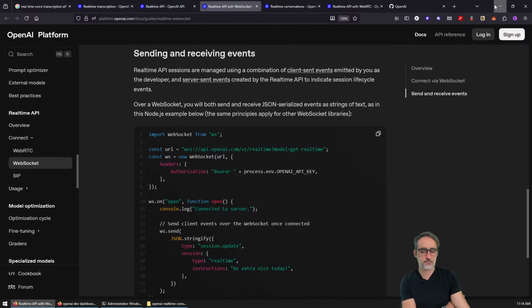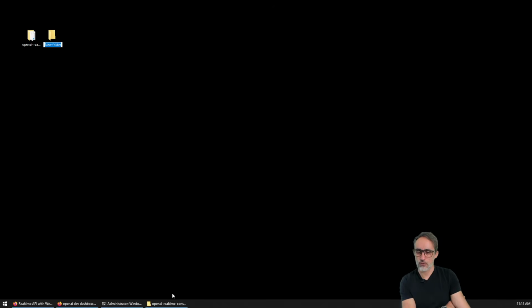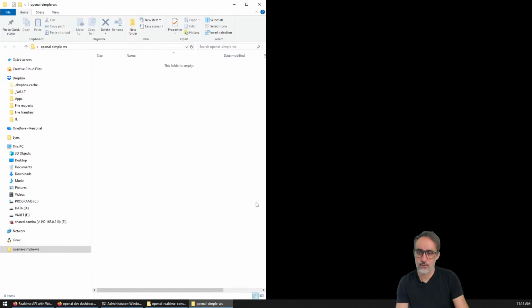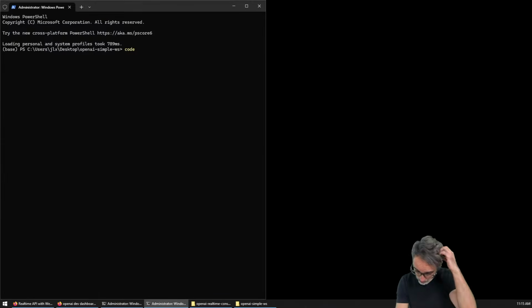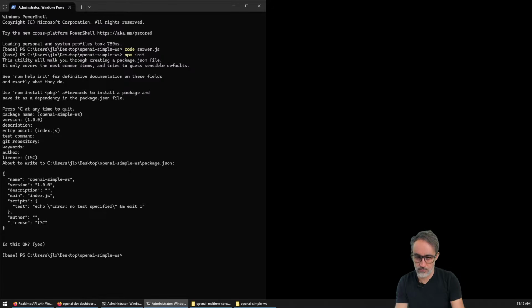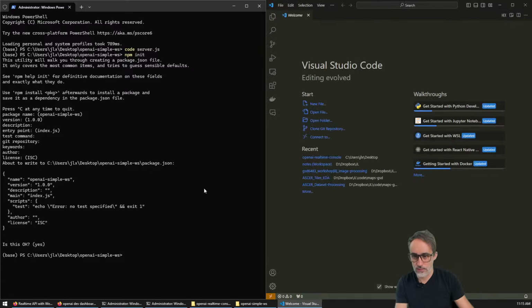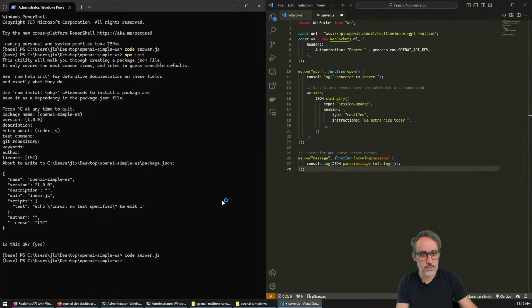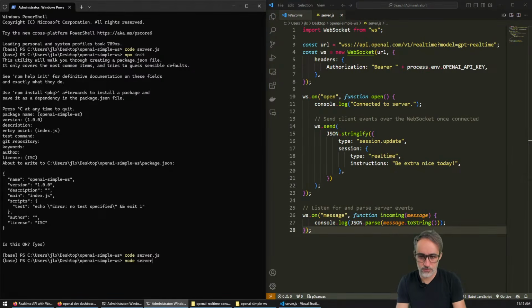So let's try this. I'm going to open a new folder, and it's going to be OpenAI simple WebSockets. Okay, I'm going to open a terminal here, and I'm going to code server.js. Actually, I'm not going to do that. So npm init. I'm going to initiate a project. Simple, yeah, whatever. Sure. And now I'm going to open Visual Studio Code, and I'm hopefully going to create server.js. And I'm going to paste this here. And so if I run node server.js,